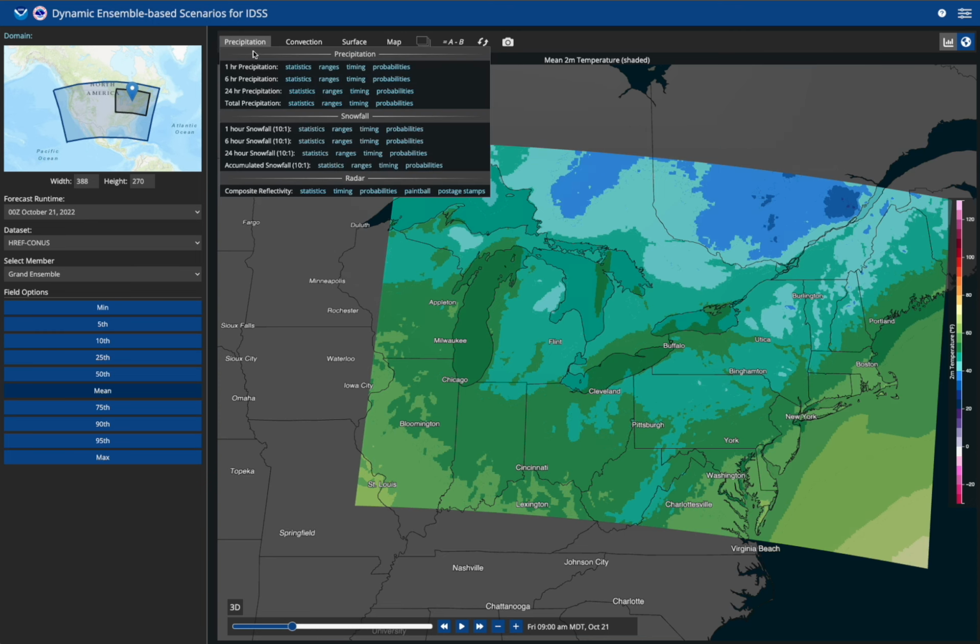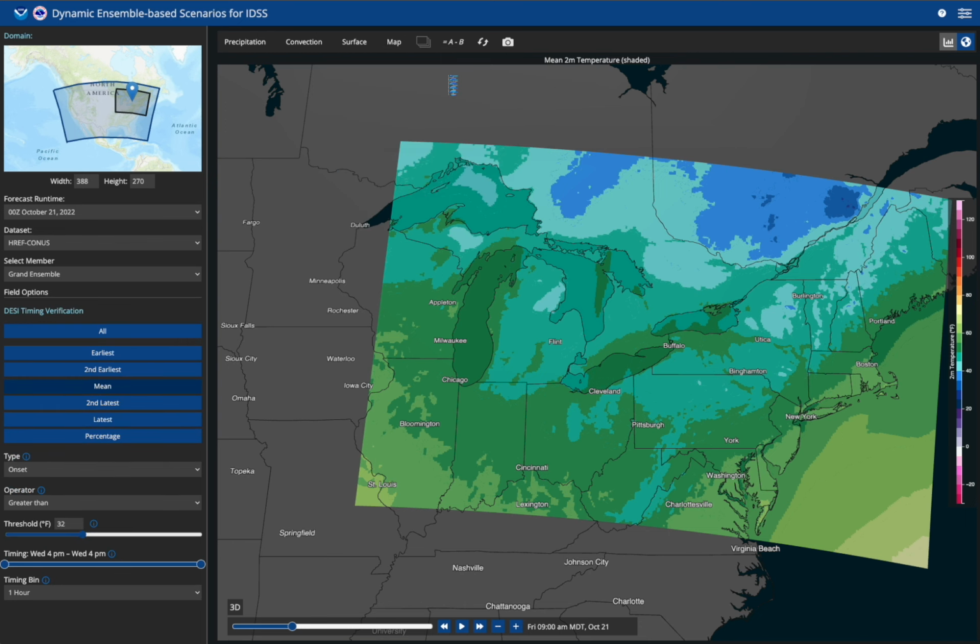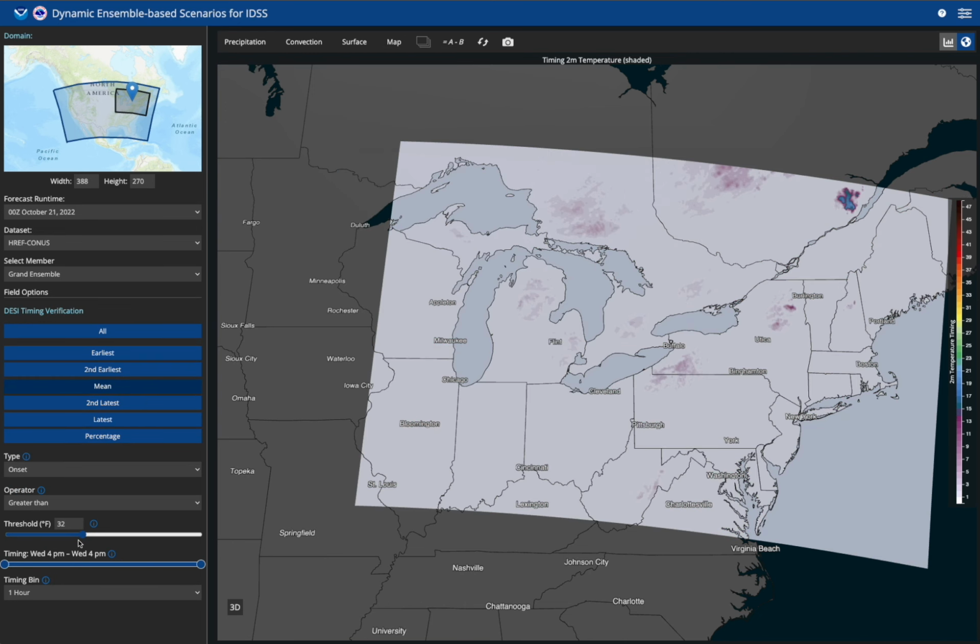So let's say we're going to go to temperature and timing. Let's say we care about when the temperature is going to get above 50 degrees. I would set my threshold to 50 degrees. My operator is going to be greater than, because I care about when temperatures get warmer than 50 degrees. And this type button, the onset, basically means that I'm asking when will the temperatures get above 50, the first occurrence. And then the cessation would mean when would they